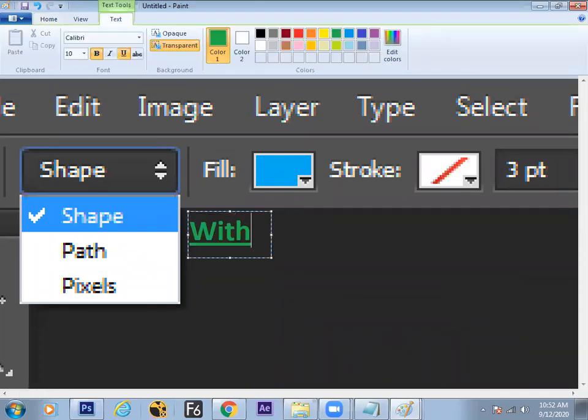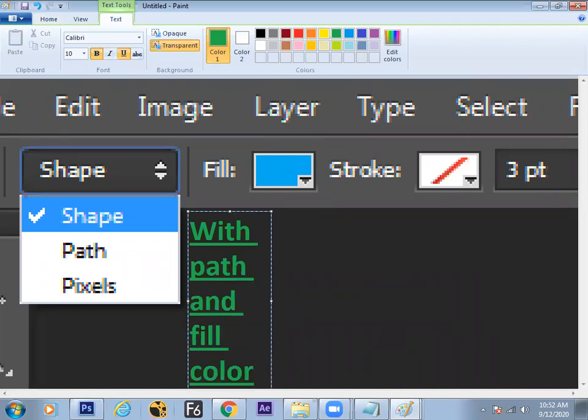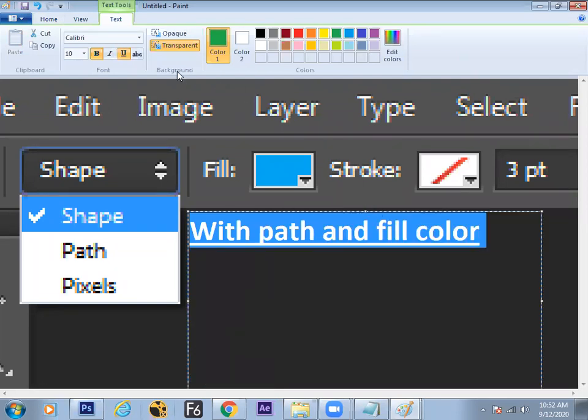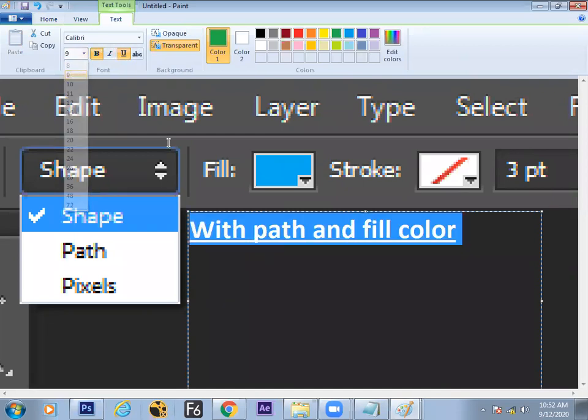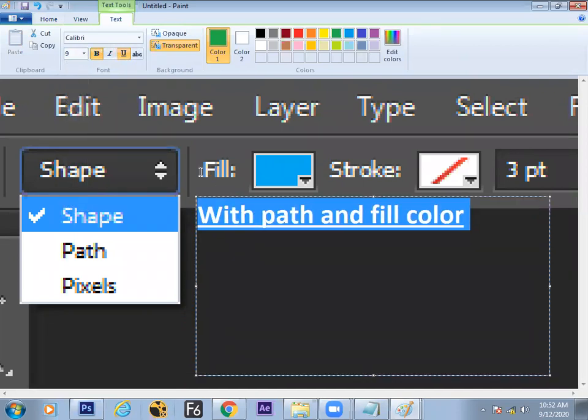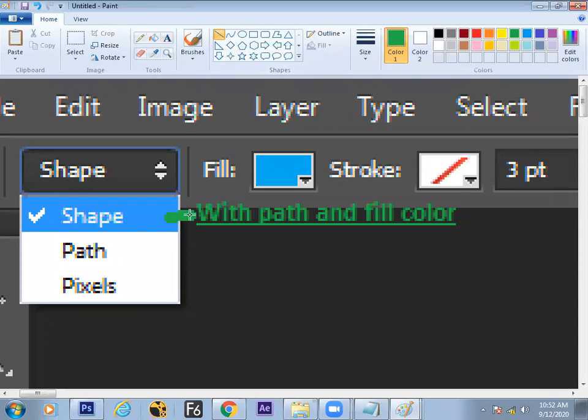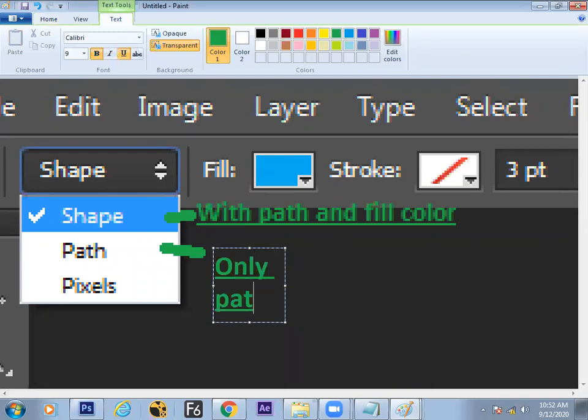Shape means with path and fill color, okay? That is shape. Path means only path, no fill color. Only path, no fill color.